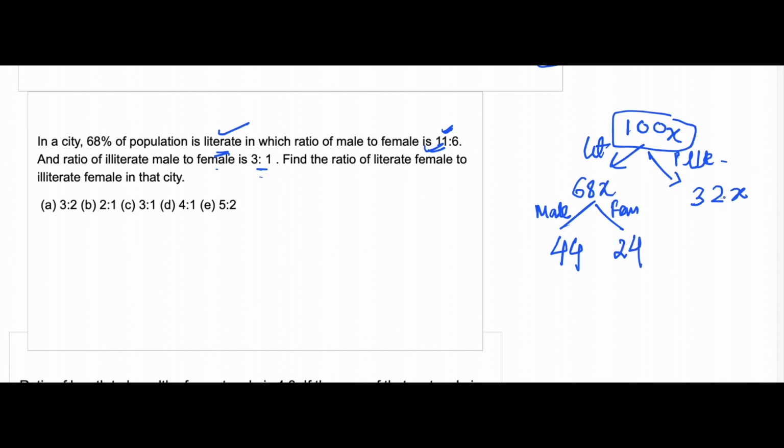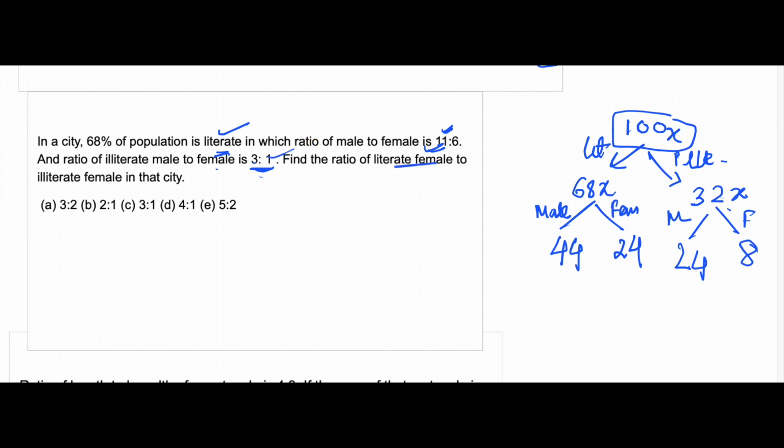24. Now here the ratio is 3:1. So 4 units is equal to 32, and 1 unit is equal to 8. So male and female you can find out. 8 into 3 is 24, and 8 into 1 is 8. Okay, find the ratio of literate female